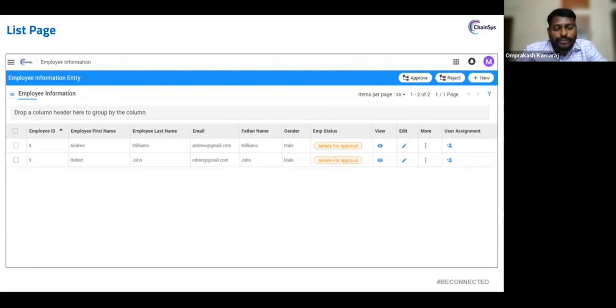Next is force to fit column. That is, you can view all the entire fields in the same page.